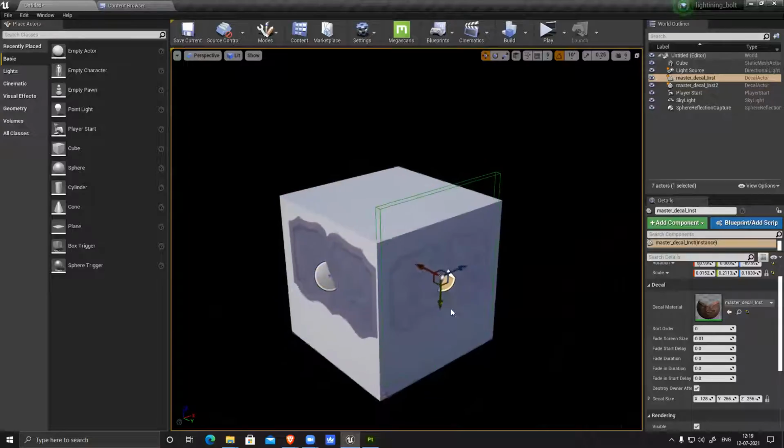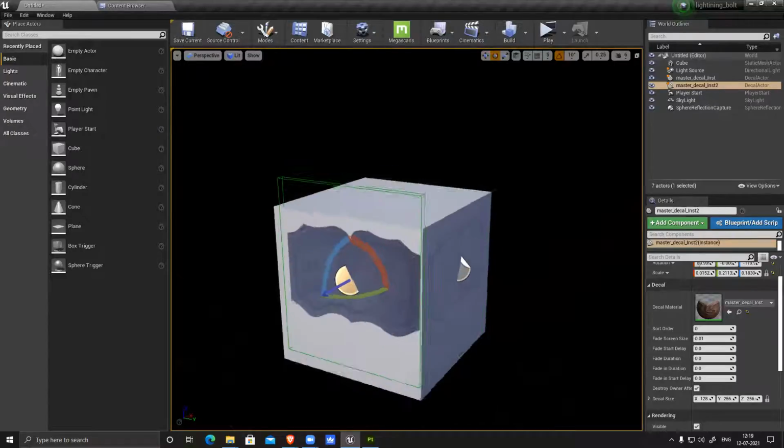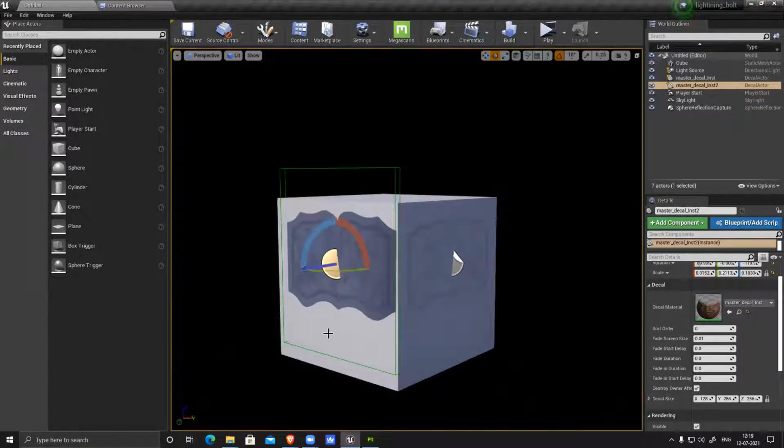If you select the decal map, there is a blue arrow. That is the direction of the decal map. So make sure wherever you're projecting, it's facing that side. If it's not facing, suppose I rotate it like this, you can see it's still visible, but it's black in color. The reason is it's flipped.